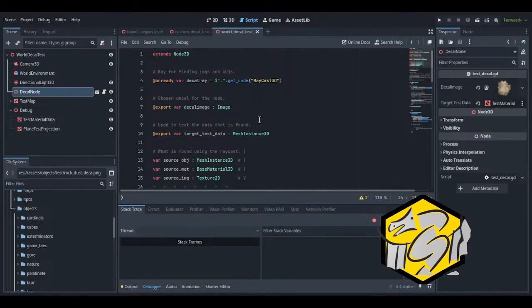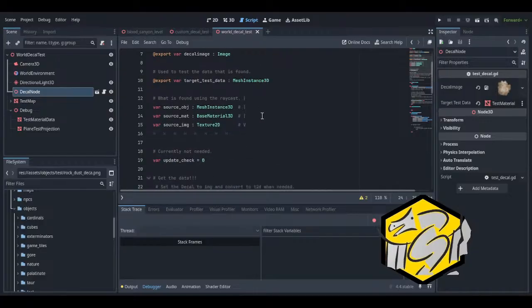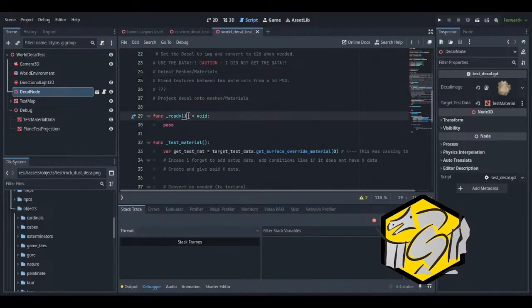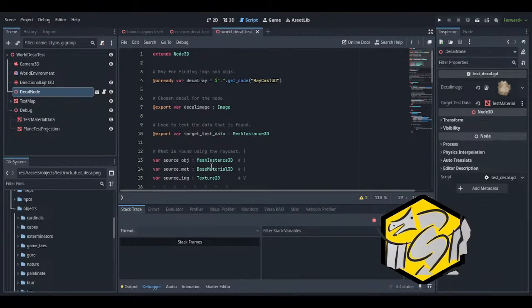I think that's which are just functions. I'm gonna just call them functions. I hate the word method. That bothers the hell out of me. Still confused about what is or isn't a method. Maybe that's like the ready or the process function, but I don't know. I'm just gonna say function.